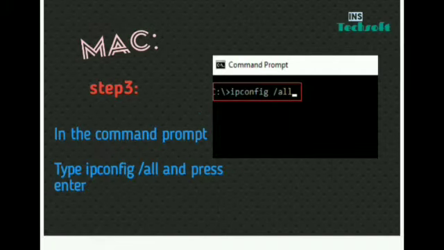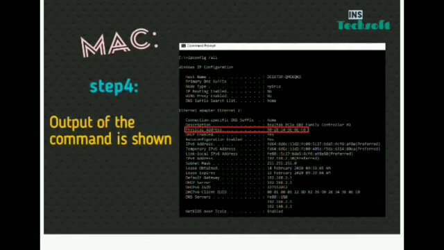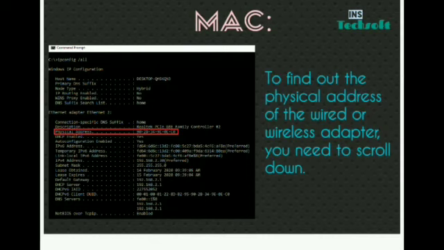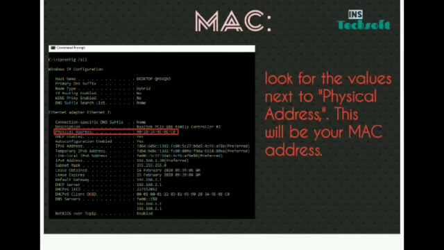Next, step 3, in the command prompt type ipconfig /all and press enter. Next, step 4, the output of the command is shown in the command prompt, guys. To find out the physical address of the wired or wireless adapter, you need to scroll down and look for the value next to physical address. This will be your MAC address.